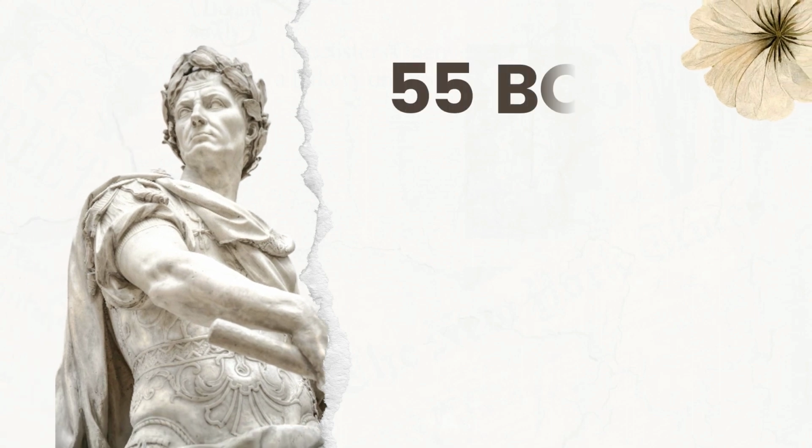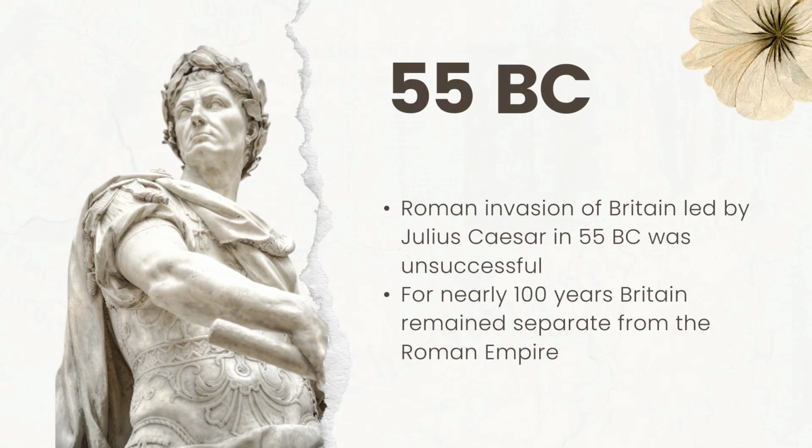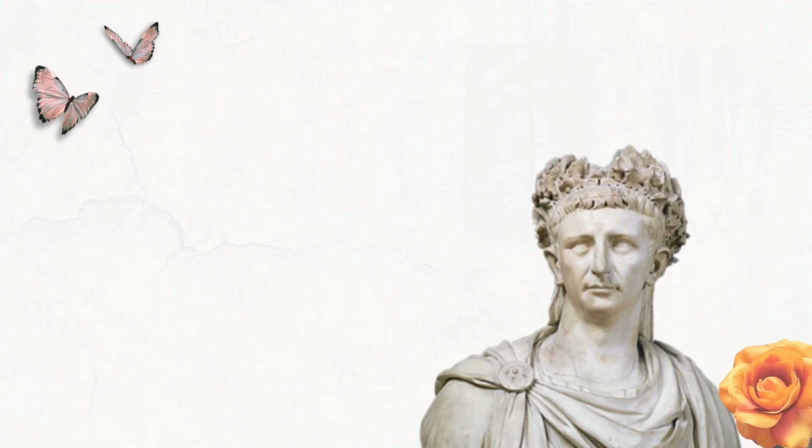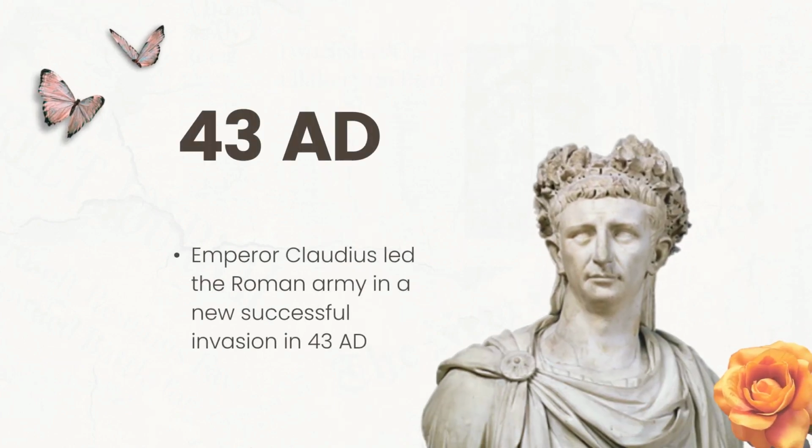Julius Caesar led a Roman invasion of Britain in 55 BC. This was unsuccessful, and for nearly 100 years Britain remained separate from the Roman Empire. In AD 43 the Emperor Claudius led the Roman army in a new invasion. This time, there was resistance from some of the British tribes, but the Romans were successful in occupying almost all